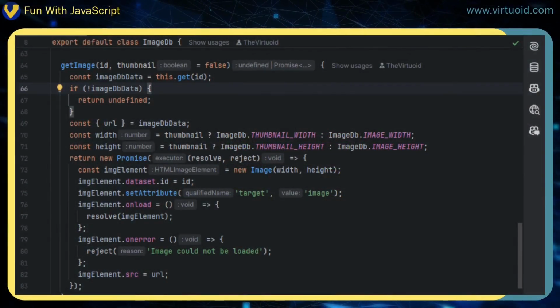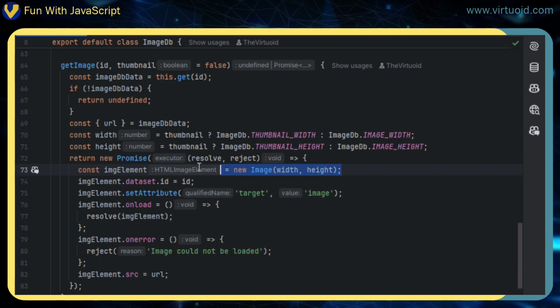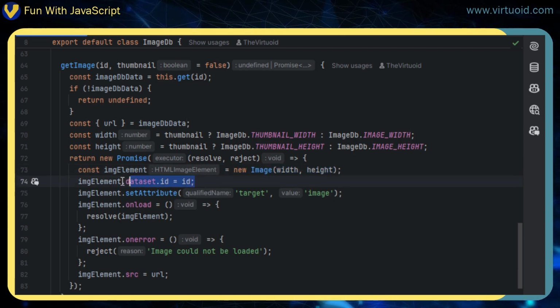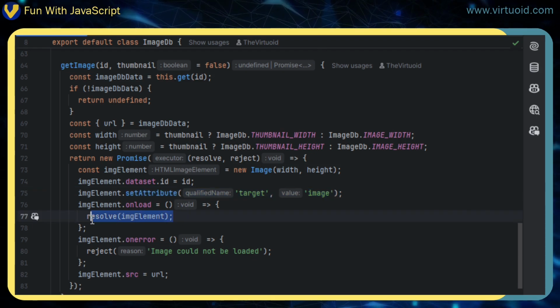So the get image is used particularly on all three of these classes to be able to grab whatever image is available to us, whether it's the JPEG or, in the case of the numbers, just the number within a box. And it's just a very simple little promise in which we create ourselves a new HTML image, set the ID, set an attribute. On the load, we'll resolve it. So once it's loaded up, we resolve the image element,